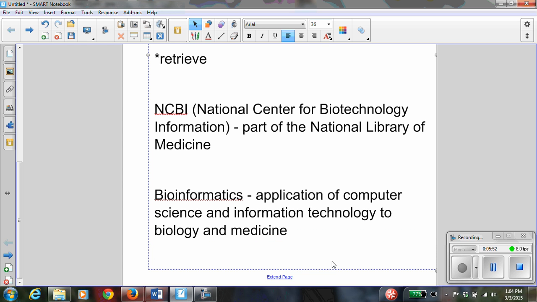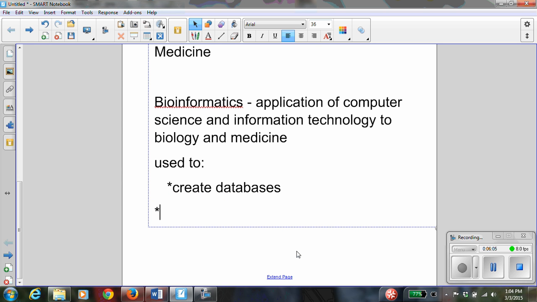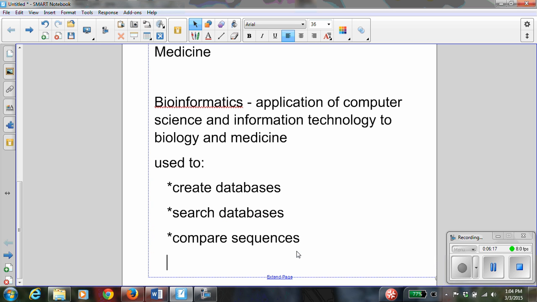It is used to create databases, search databases, compare sequences, and represent molecular structure. We're not going to look into this far, but there's actually a